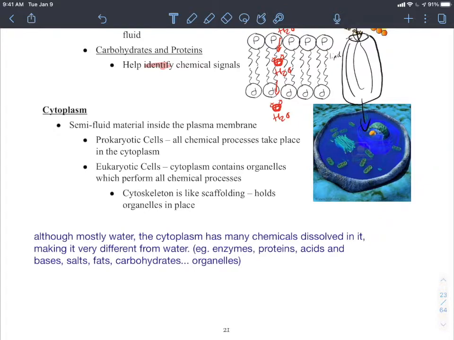And in fact, if ever your cell breaks open, that's it. That cell's probably done. Because as soon as that cell membrane breaks, then the semi-fluid material on the inside, the cytoplasm, is going to leak out into this fluid that surrounds it, and that'll be the end of that cell. It needs that chemical to stay inside. Prokaryotic cells, they will do all of their chemical processes in the cytoplasm. Eukaryotic cells have organelles, and each organelle can have inside of it its own fluid where its own biochemical reactions will happen. And then we also have sort of a cytoskeleton, which is scaffolding that holds the organelles in place.